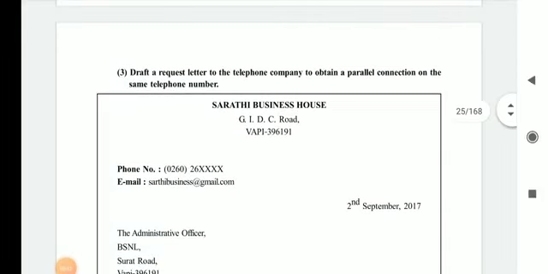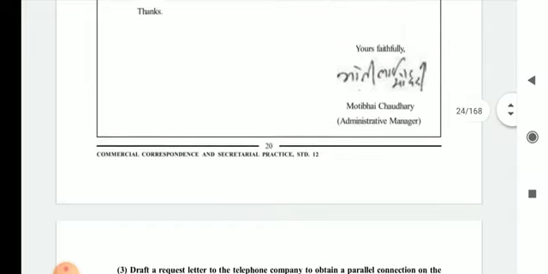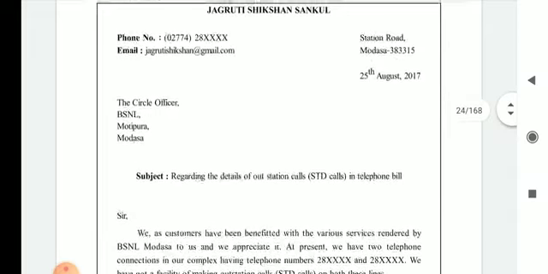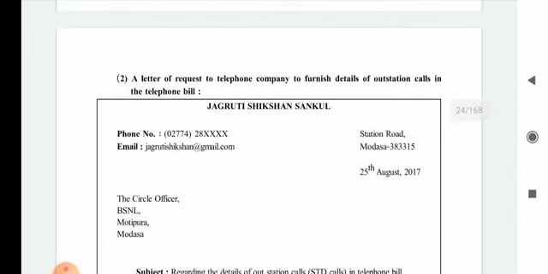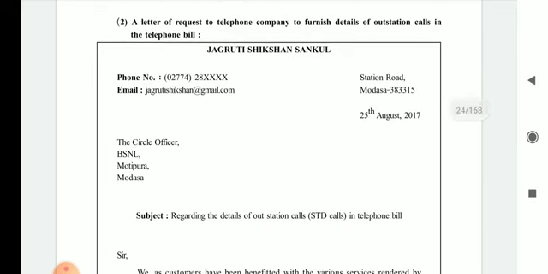Hello friends. In the previous lecture we have learned about correspondence with the government department, and we have learned the letters for the same also. We have learned two letters for the same, that is of the Jagrati Shikshan Sankul, who are demanding